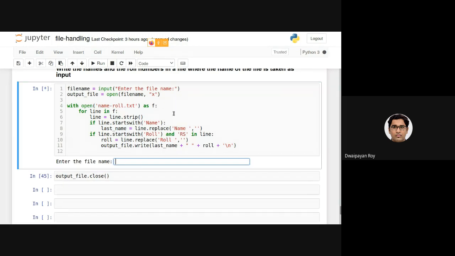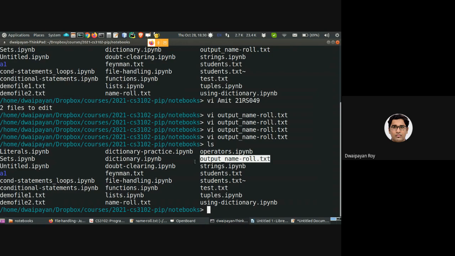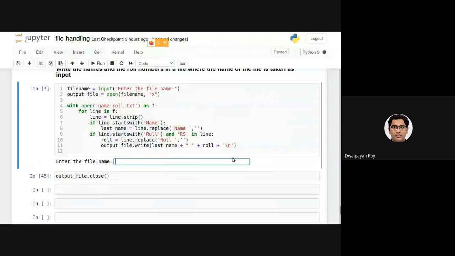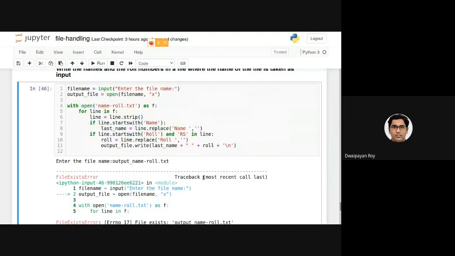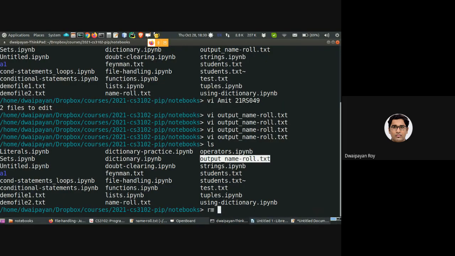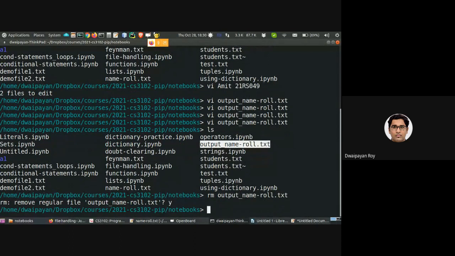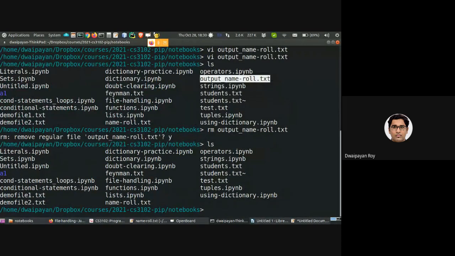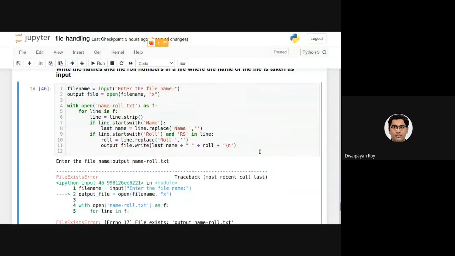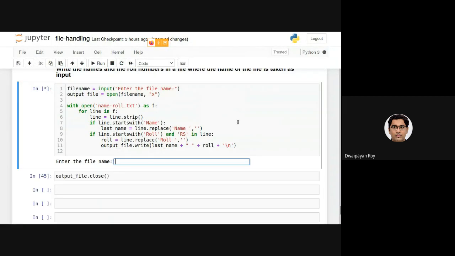So if I execute this and give this same name as input, it will create a file exists error. But now if I remove the file, as you can see, there is no output name roll.txt file. Now if I execute this, it is okay.